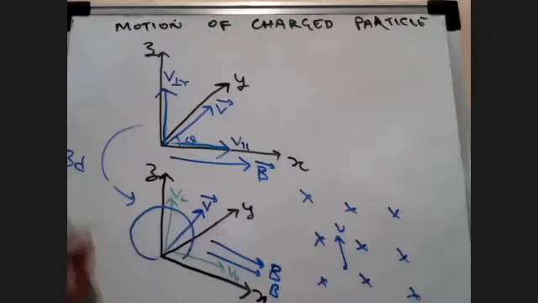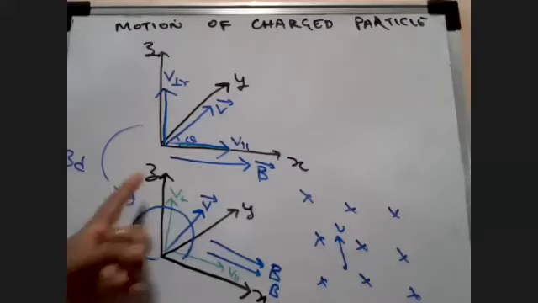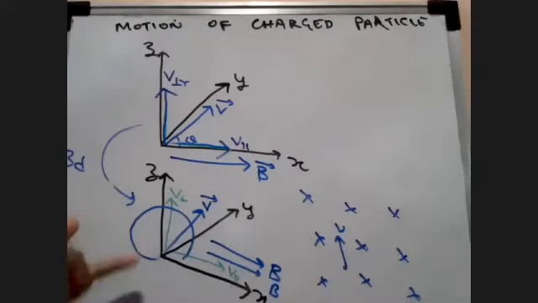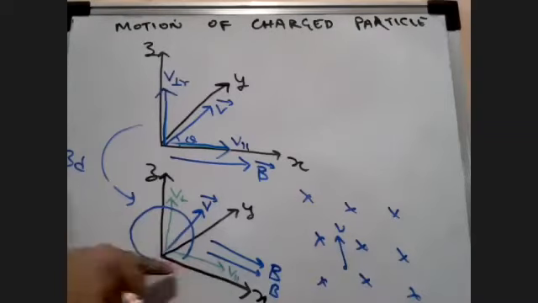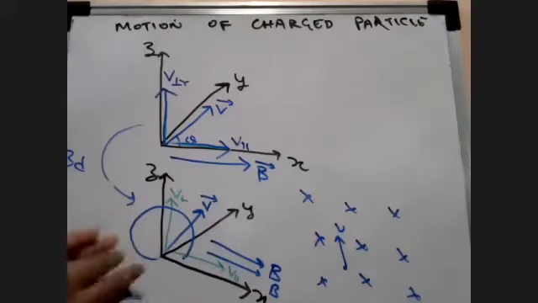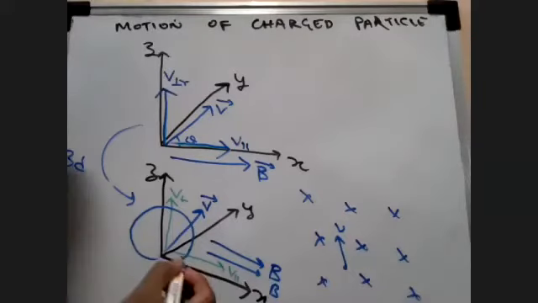So if this charge is moving in a circular path, it is moving in a circular path due to what? Due to V perpendicular and due to the magnetic field. But we are only considering V perpendicular and the magnetic field. We also have to consider the horizontal component of the velocity vector, which I have put in green over here, and that is V parallel. So the charge is also going to be moving forward with a certain velocity. Considering this to be velocity and not acceleration, I'll tell you why. So this charge is going to move forward.